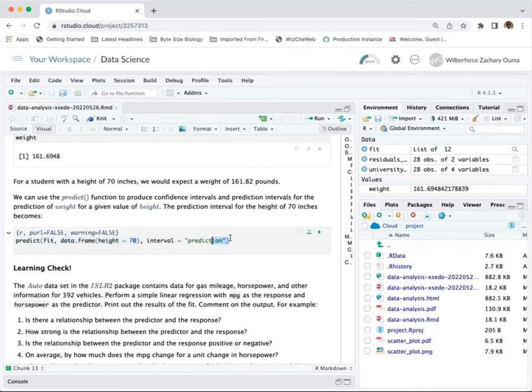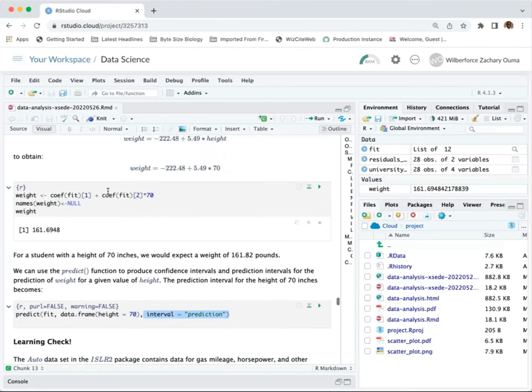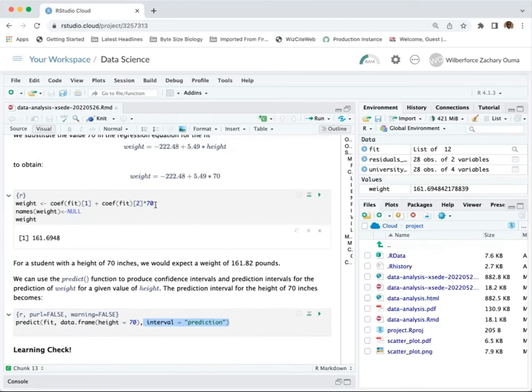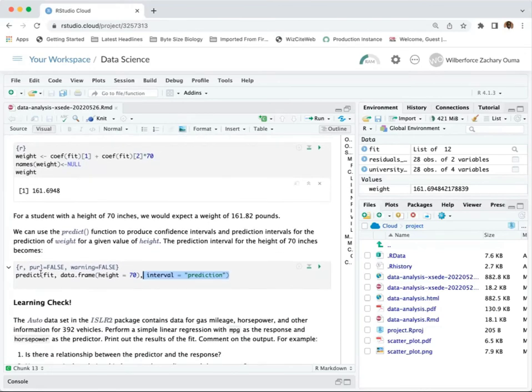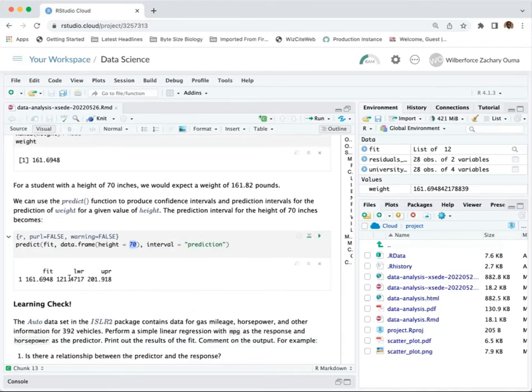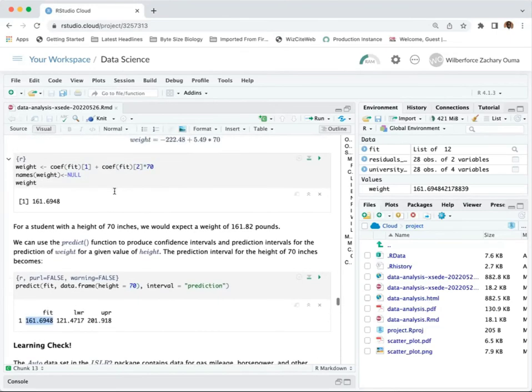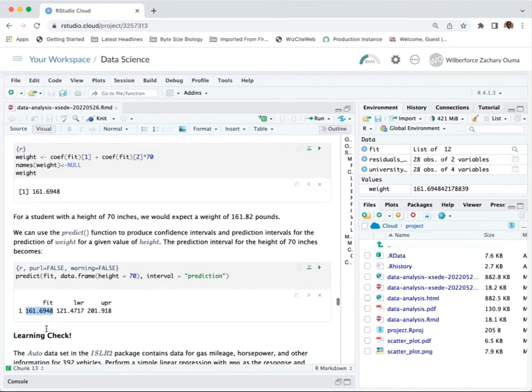And I'm specifying here the interval as being prediction interval. This will also give you the predicted value. So instead of going through this and creating this relationship, we can just put in this prediction interval and specify our input, and it will give us the predicted value and also the 95% prediction interval. As expected, this is the fit that we saw from this equation here. So it's 161 pounds in weight. And then these are the lower and upper bounds for the